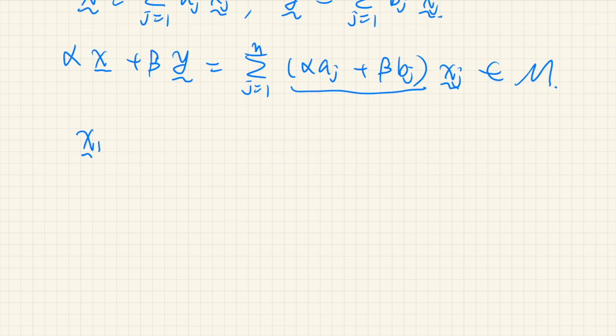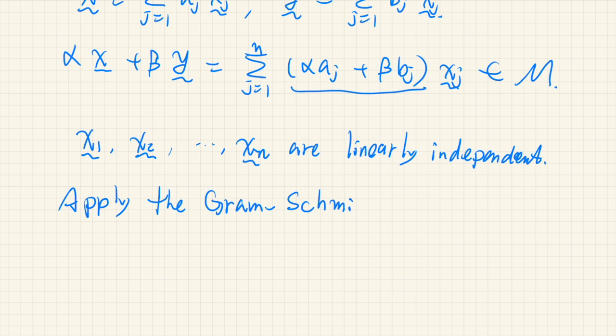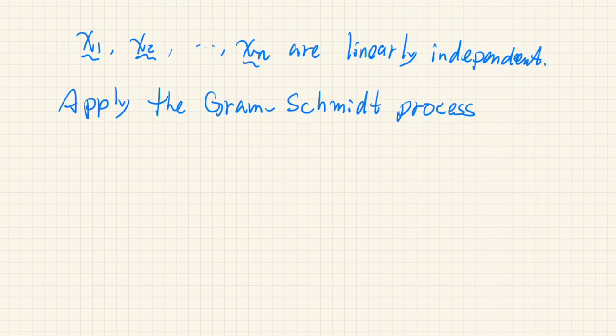So assume x1, x2, up to xn are linearly independent. Then apply the Gram-Schmidt process